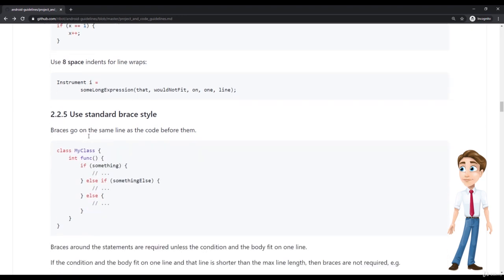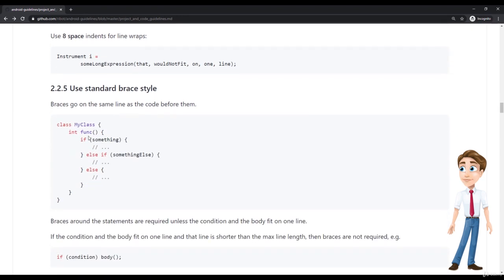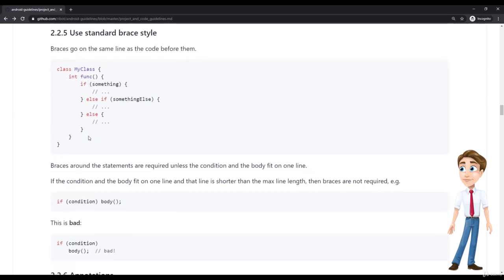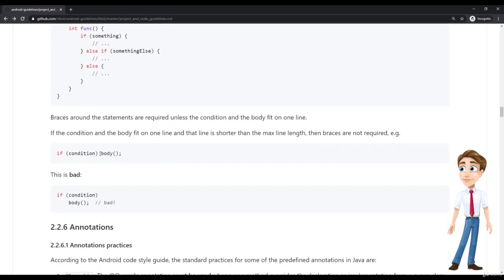Now, going into the brace style, again, this is something that is more or less important. For example, they argue here that this is a bad way of having the conditions. I mean, the code shouldn't be on a separate line if it has only one line. I personally disagree with this. I find this much more readable than this. But again, this is to your own personal taste. This is something subjective. I wouldn't make a guideline out of this. You should probably agree with your colleagues or yourself on which one of them you're going to use.